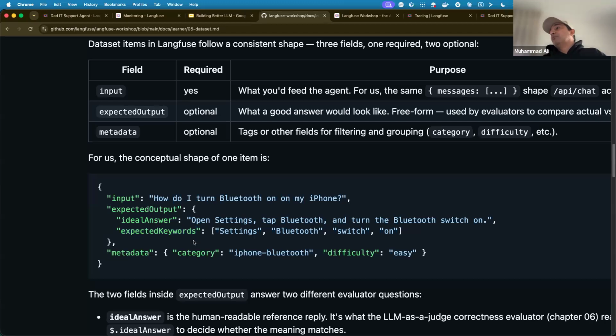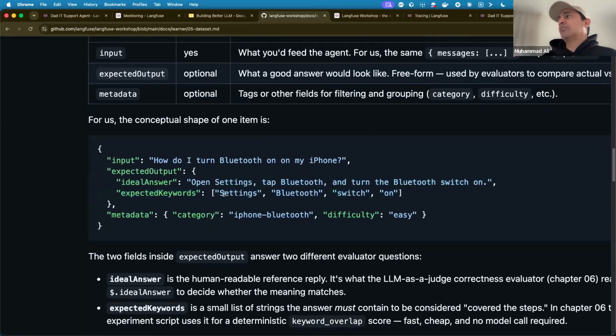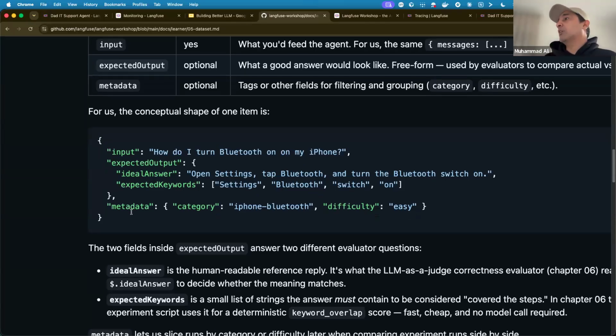Or you could have some deterministic things like expected keywords. We can have code checking whether the response has any of these expected keywords, and we can score them. If all of them are there, we score 100%. If three of them are there, we have 75%. It is up to us how we define our scoring.